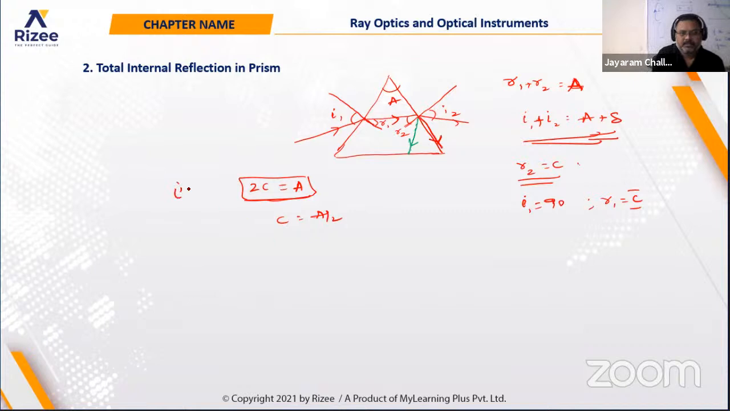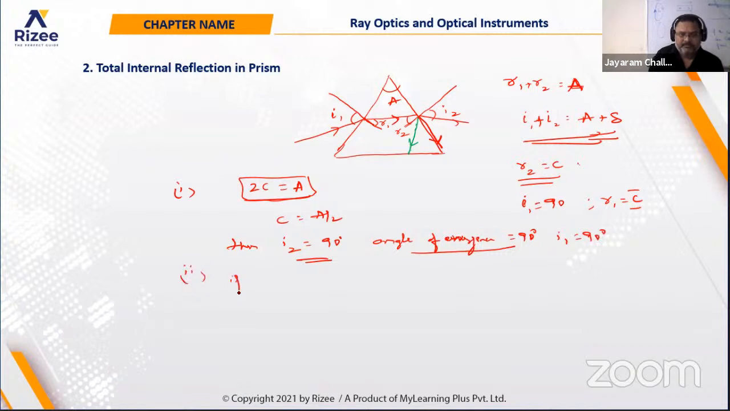So in this first situation, your I2 value, the angle of emergence, will be equal to 90 degrees, or in this situation your I1 value is equal to 90 degrees. This is your first case. Or else, if C is greater than A by 2, which means 2C is going to be greater than A,